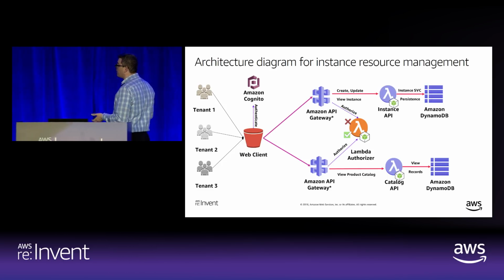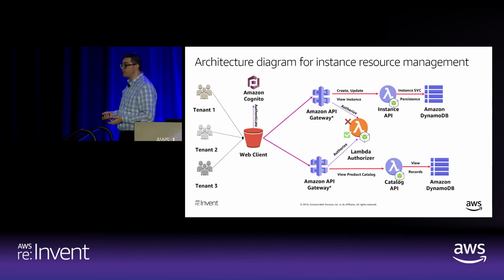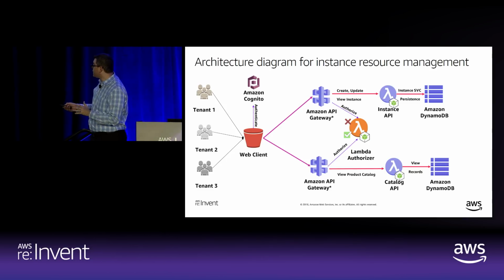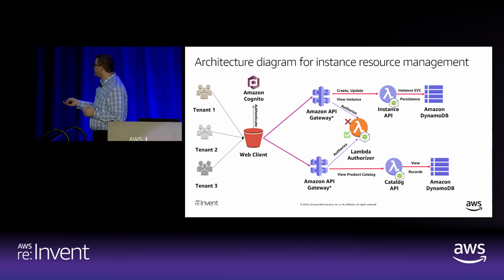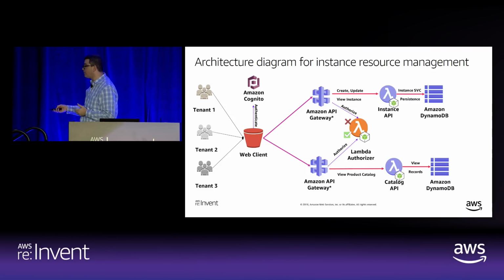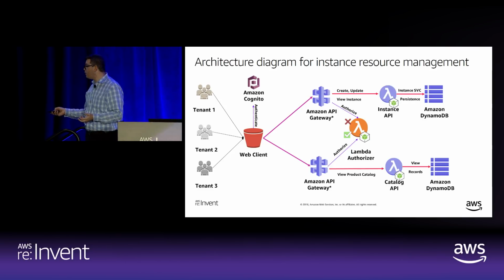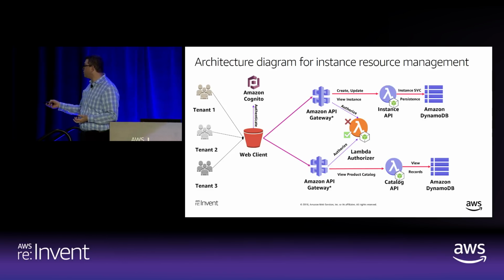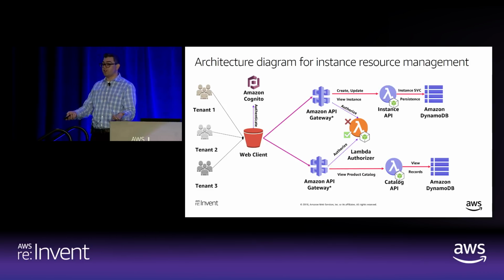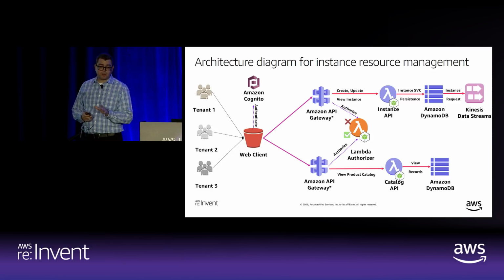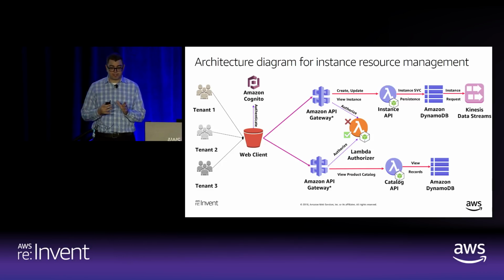And I have another API Gateway implementation just for an instance service, which allows me to instantiate a resource. So far, this is relatively straightforward. The idea is that at this state in the game, I have the ability for a customer to say, I want to look at a product through maybe a user interface, maybe an AngularJS or React Native client in an S3 bucket. And now I can allow them to view that product, say, hey, I decided I want that one, and then create an instance of that product through whatever that instance API would be called based on your corresponding product SKU. But now I want to take it one step further. It's important to recognize that the control plane is much more sophisticated.